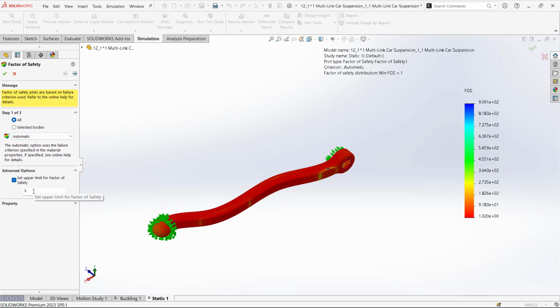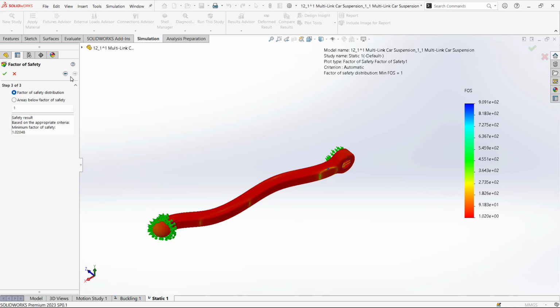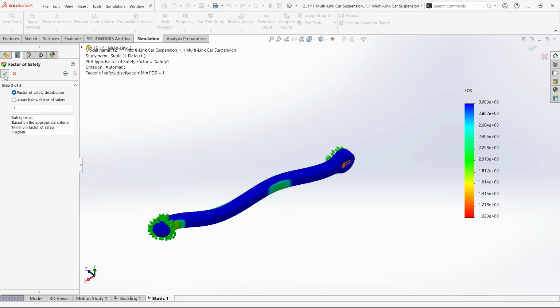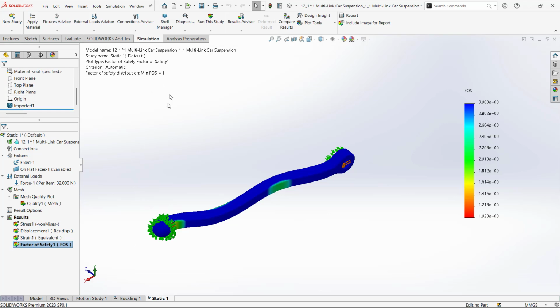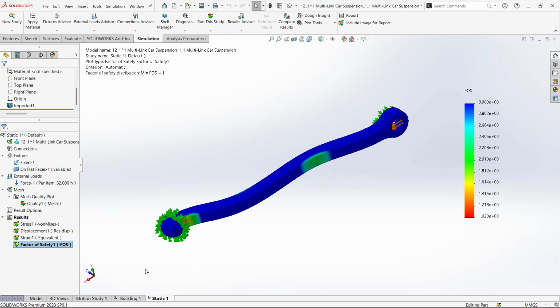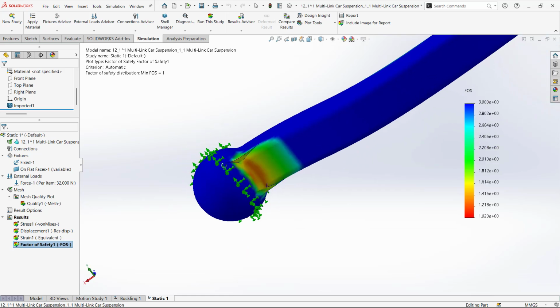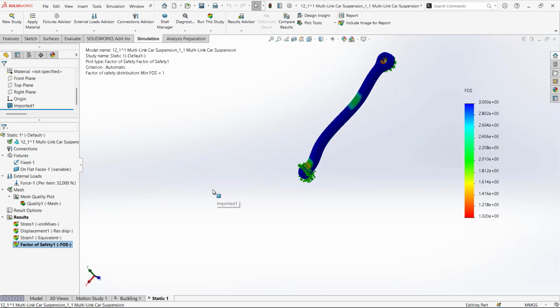Upper limit you can keep it as fine. Multiplication factor, distributed area below. Okay, it is 1. So in short, it is somewhere failing at this region due to the geometry, but fine,